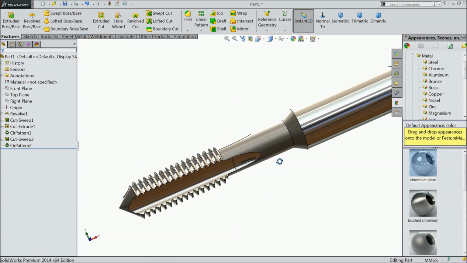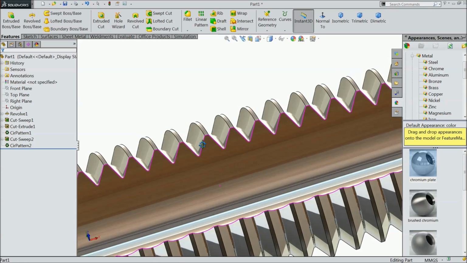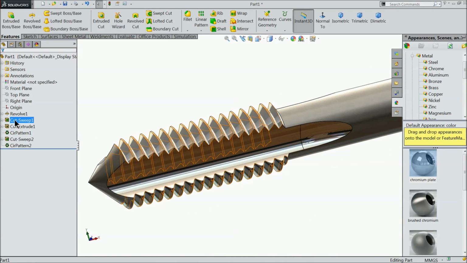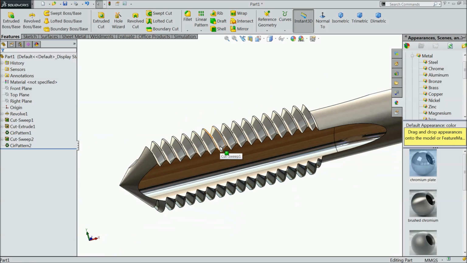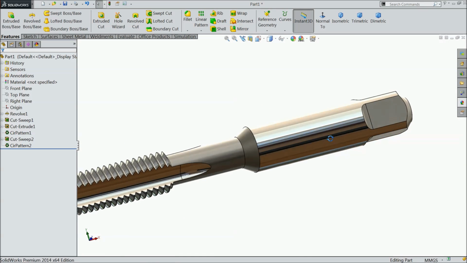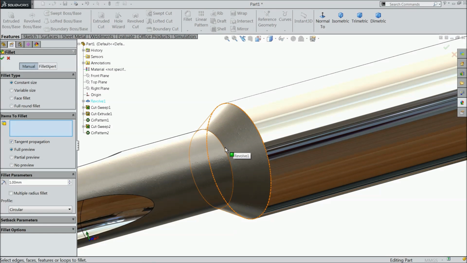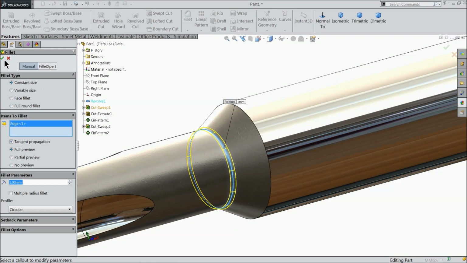Chrome plating. See, you can see the threads here, it looks nice. Now choose fillet, keep 1 mm and select this corner. Okay,